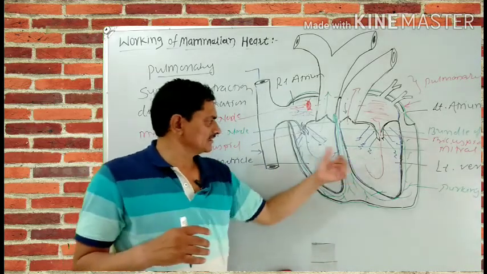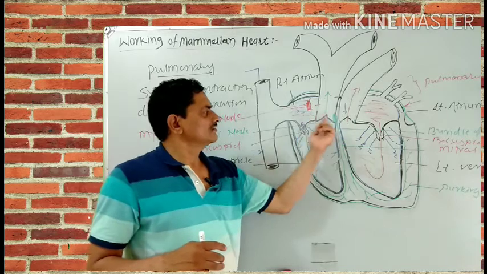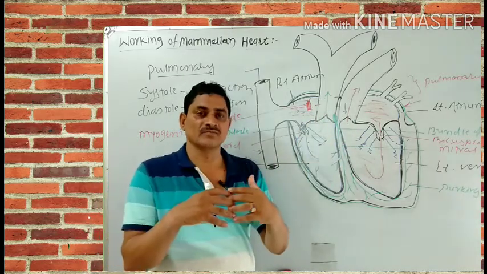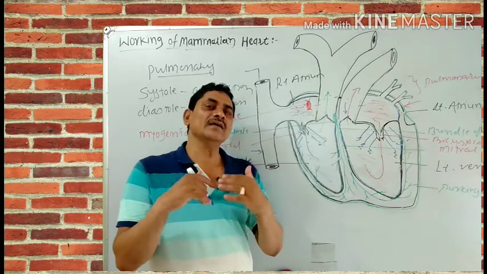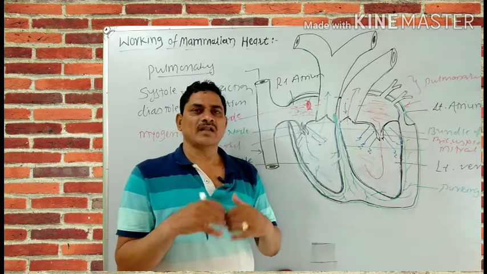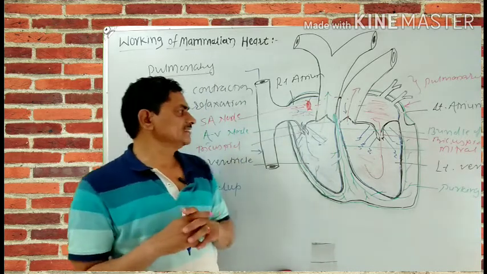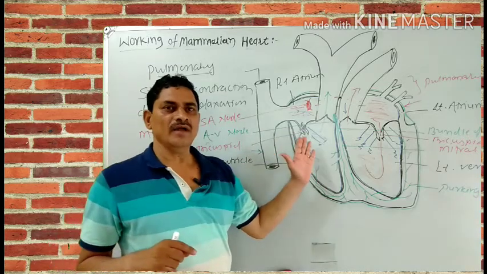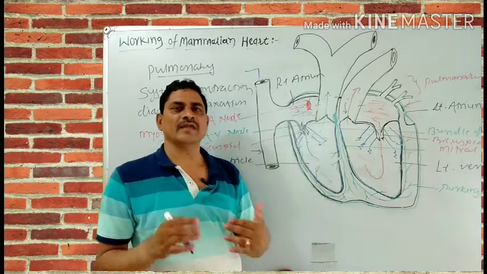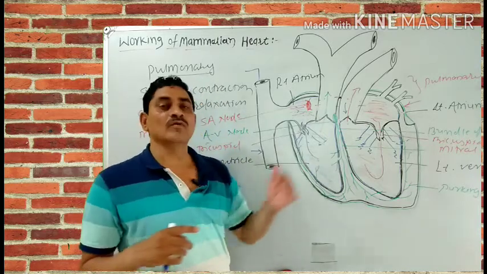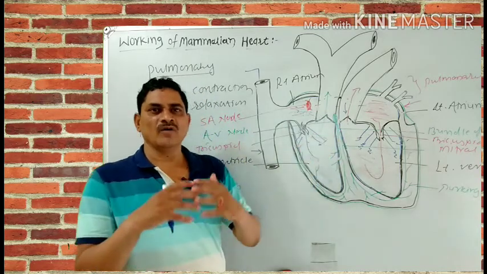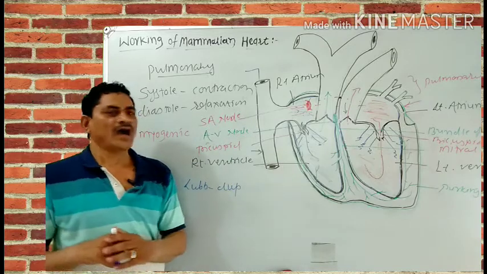When the ventricles get relaxed, these valves get closed, and therefore they create the second sound. So a rhythmic sound is created: lub dub, lub dub, lub dub. The distance between lub and dub is shorter than between dub and the next cycle's lub. Therefore, a characteristic sound is created, and we call these the heart sounds. Lub dub pause. This one is the heart sound.